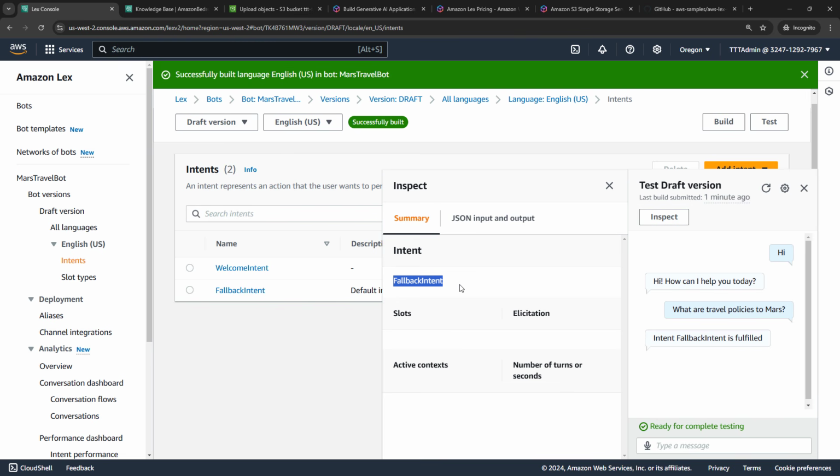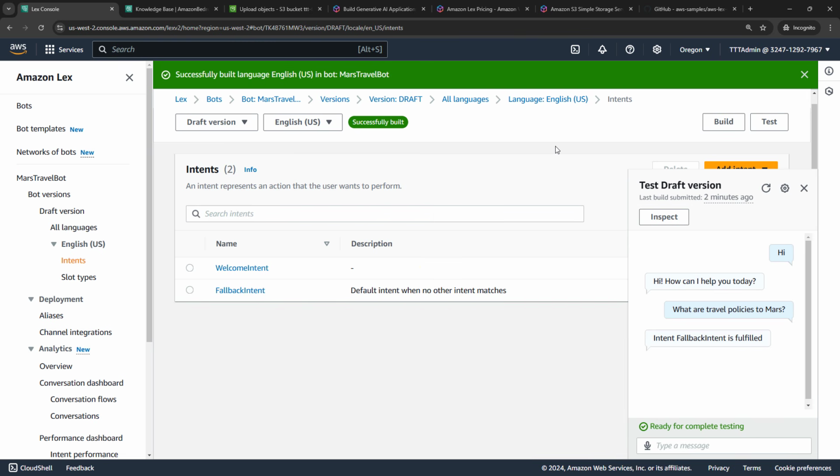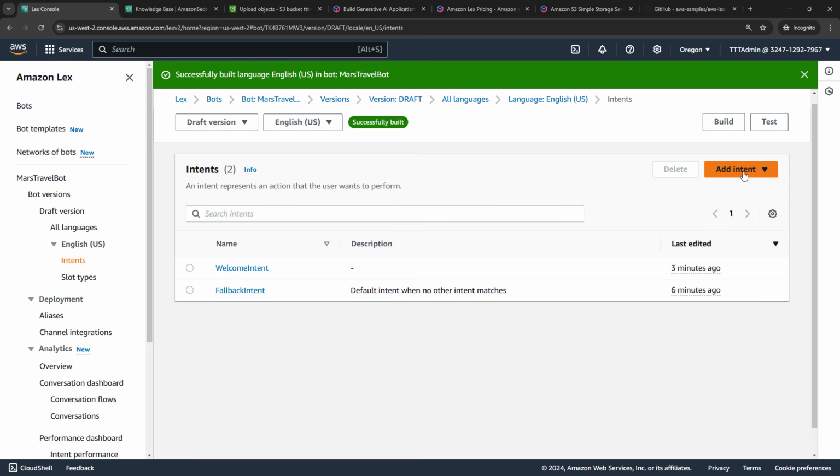Now you might be thinking that we're going to have to go build out a bunch of intents and utterances and design this whole conversation and back and forth, which you could do, but that would be pretty painful. So that's really where the AI capabilities come in with Bedrock. So let's just close out of this, and let's go add another intent that uses what's called the QnAIntent. So I'll just close out of this as well, and then say add intent,